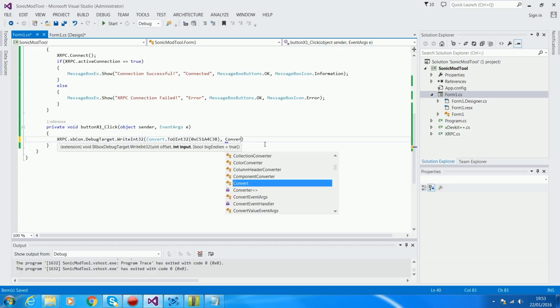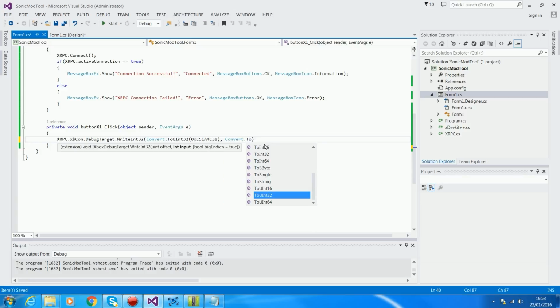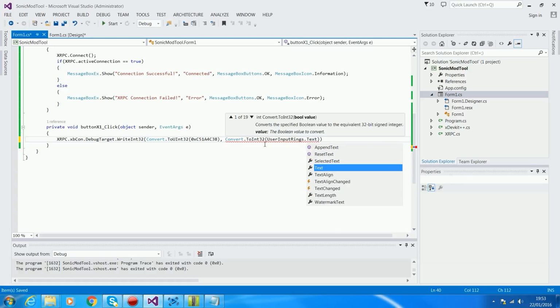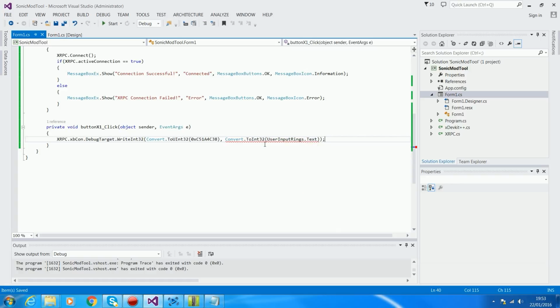So we say Convert.ToInt32, this time a normal integer, and then the text box, which I called userInputRings dot Text. And now what that's going to do is basically write whatever the person types into this address as a uint32. So it's going to take our int32 value, convert it to a uint32 value and write it